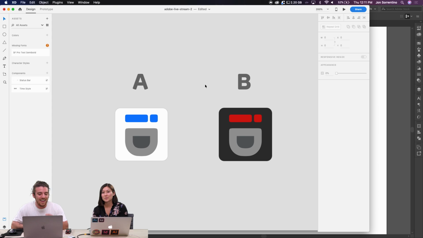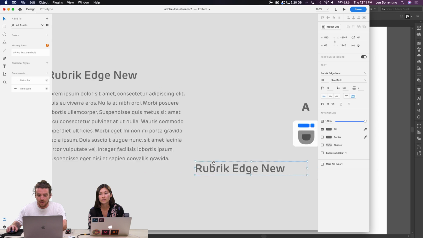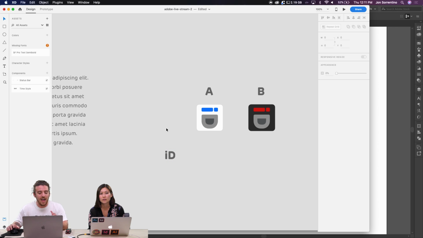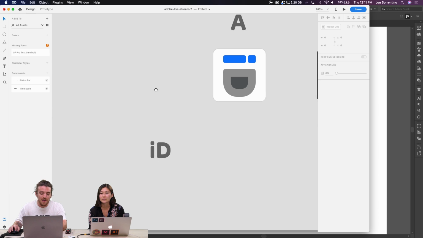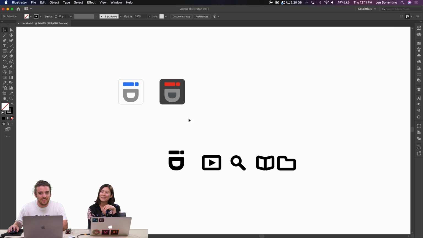Yeah, I was gonna ask what the inspiration for this design was. I took the typeface, Rubric, made it super heavy, extra bold, and typed out ID. I wanted something that represented a bot's face a little bit. I'm getting some RoboCop vibes here. Actually, I have Illustrator open. It is almost like a little winky face guy. Yeah, exactly. Kind of like a cyborg Transformer thing.